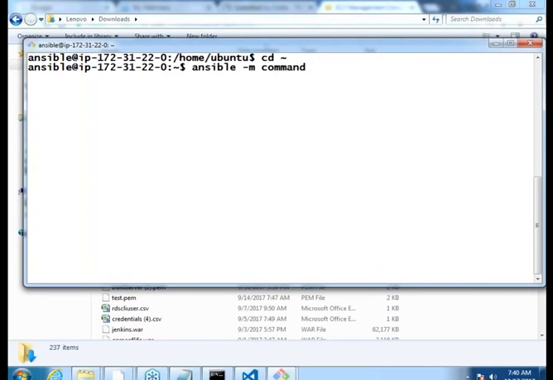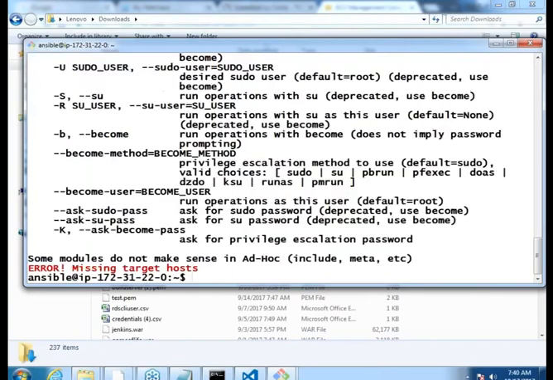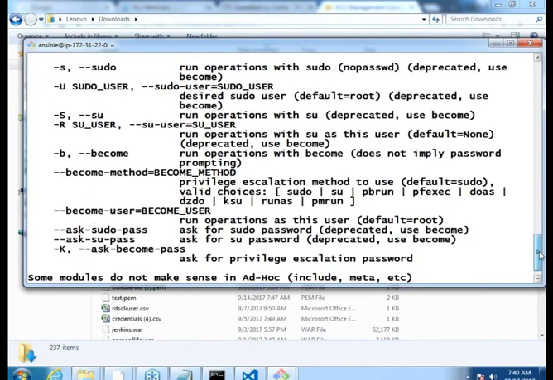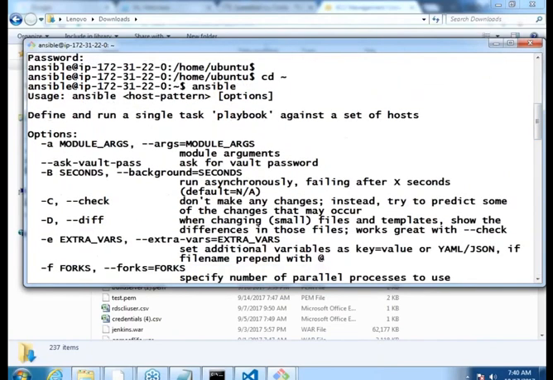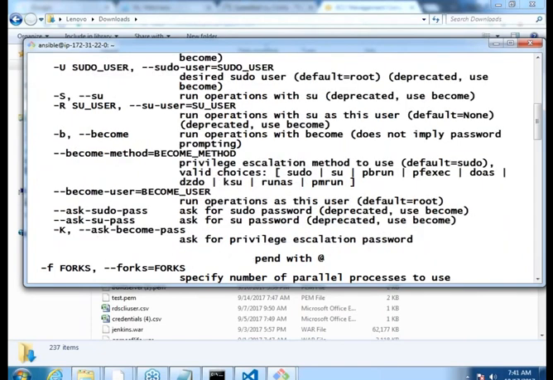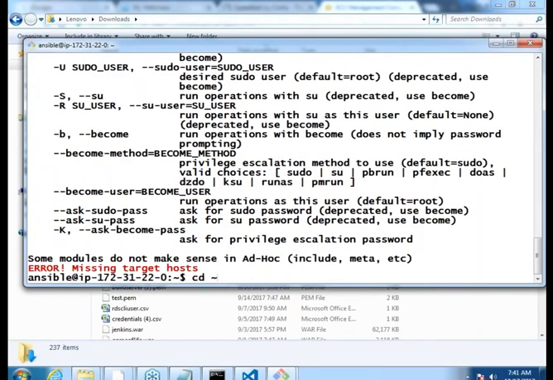If you remember, we have used ansible -m ping all, right? Let us just have a look at this Ansible command once. There are certain things we need to understand about it. Ansible, and then -a is what? Module arguments, right? This is what you want to pass now, because ping doesn't have any parameters, but now we are trying to run a module called command, and this has arguments.